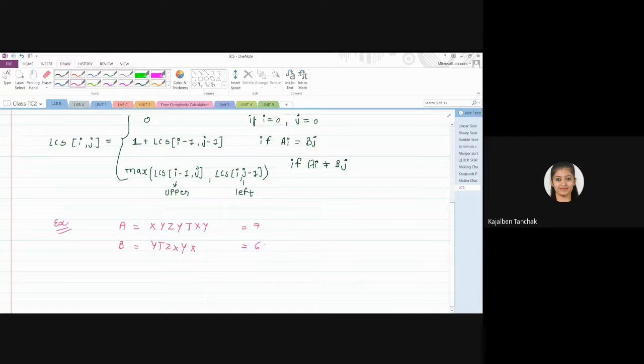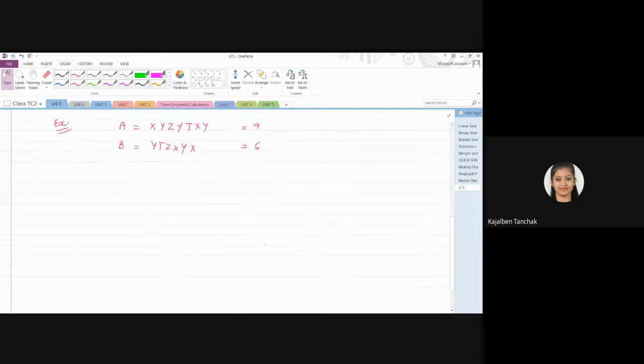Fine. So first of all, as we are using dynamic programming, it means you have to build a table. Okay, so let me build a table. Here it will be 0, 1, 2, 3, 4, 5, 6.